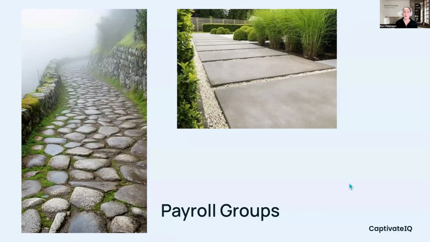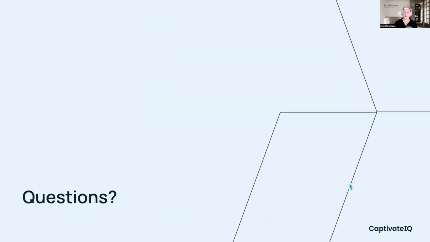Hopefully that gives you some good ideas for how you can utilize payroll groups to connect your processes together. That was also our quick tour of Quotient. We do have plenty of resources about Quotient to help you get started. If you still feel like you need a little bit more time to get familiar with it, we have an updated tour, updated Knowledge Center articles to help you get familiar with all those little features. But I did want to open up this time for questions if there were any others that came to our attention throughout this call.